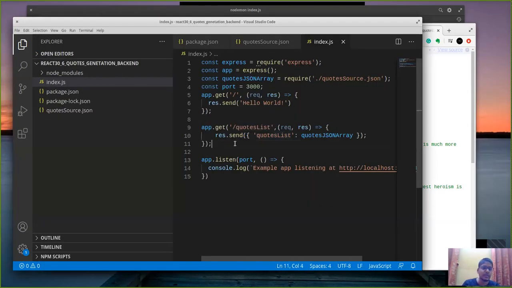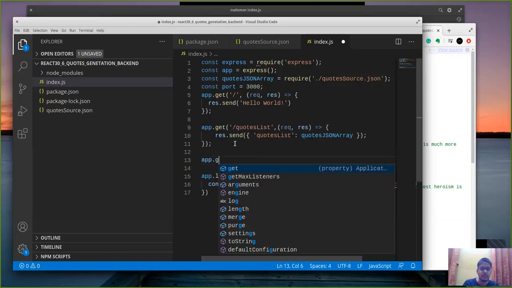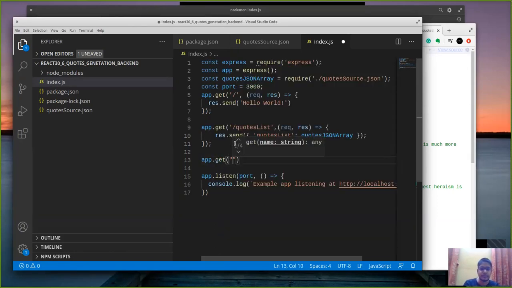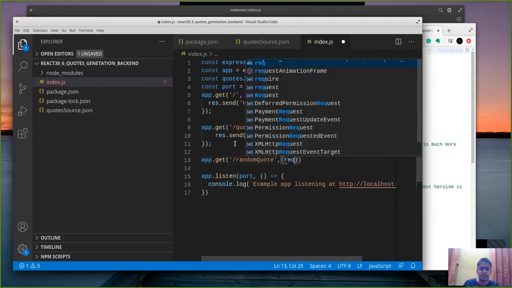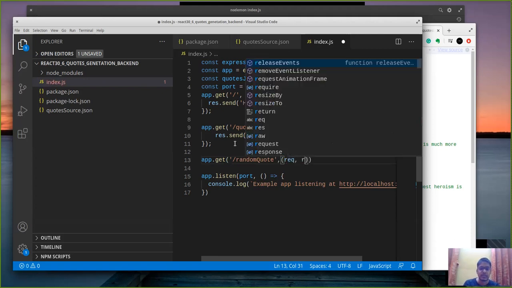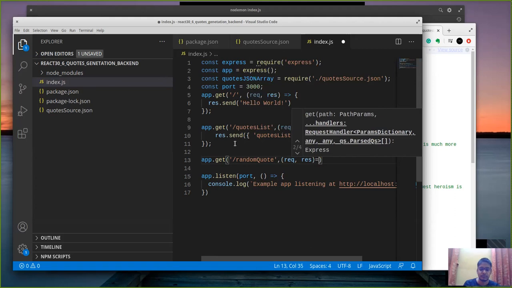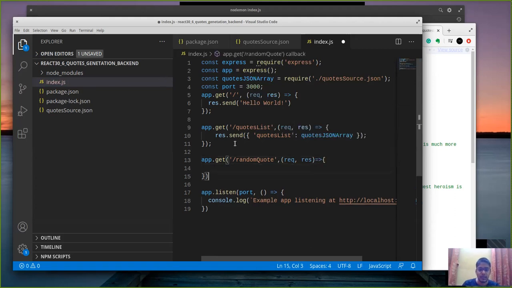Now the second API which we are going to create is to return a random code to the user. In this case we are going to return a single code, but it has to be random. For that, the first thing we should do is know the length of our JSON array. So let's print the length of the array.